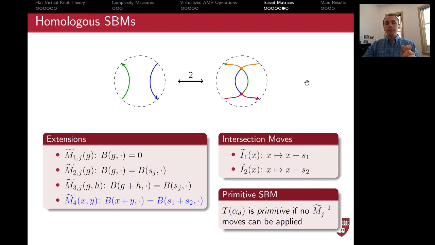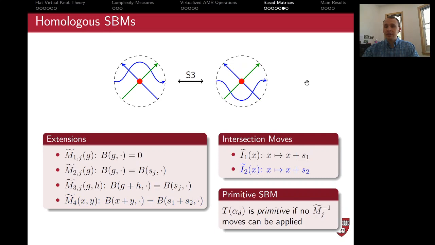But then for type 3 moves, it turns out that if all the arcs are, let me try that carefully. So as long as you aren't doing a singular type 3 move, then this type 3 operation is going to induce an isomorphism on your singular base matrices. So nothing too strange happens. However, if you do have a singular type 3 move, then you need to look at